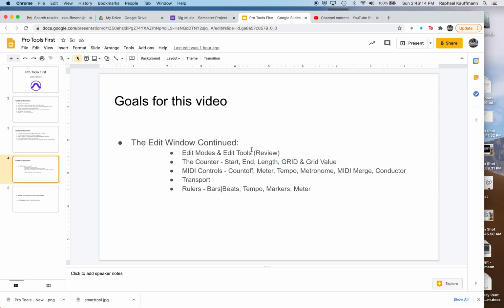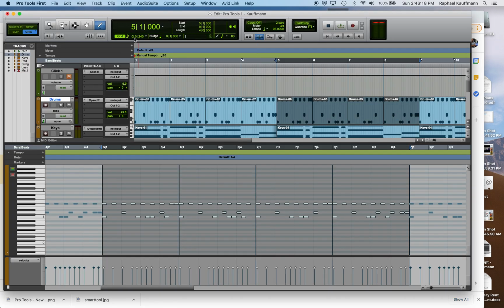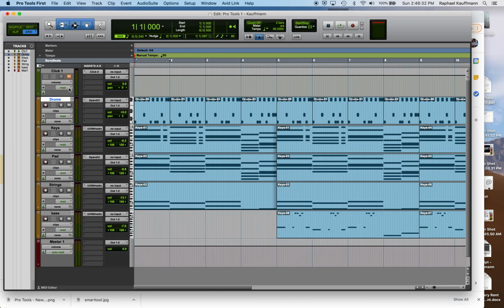Edit modes and edit tools review. I think I've done that for the most part. Moving to the right of those tools, I'm going to leave that as my smart tool. That is my operating starting point. This section is called the counter, and the counter shows you where you are in your song. All right, so by hitting return, I can go back to the beginning of the song. And this is more of a navigational thing that I've noticed a lot of people